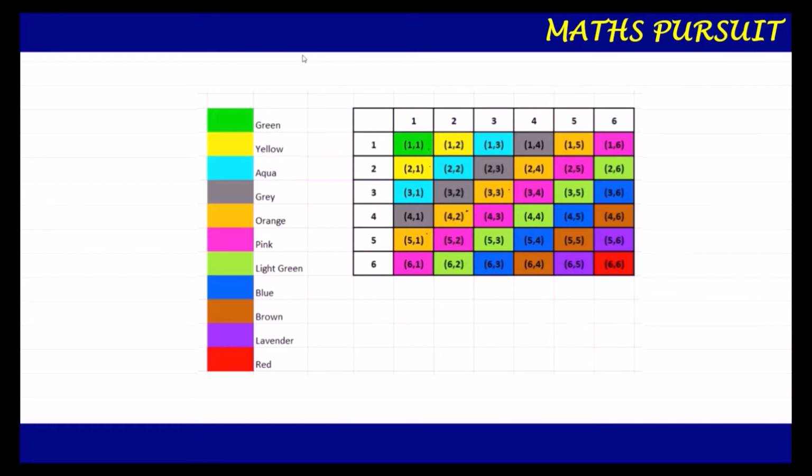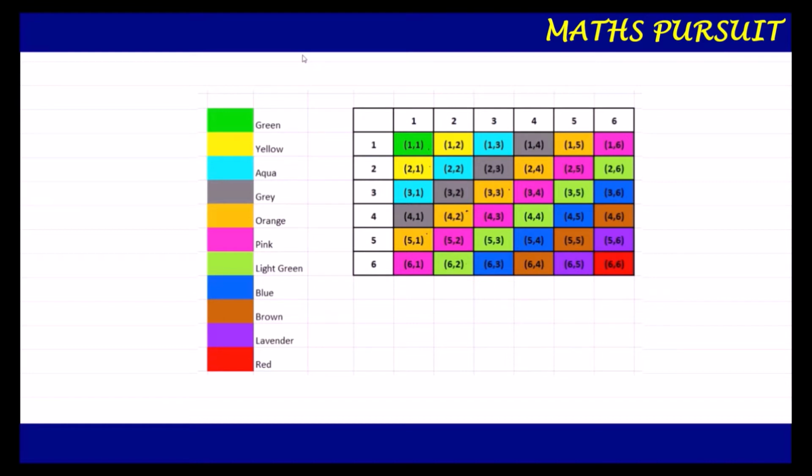For getting a sum of 11, there are 2 favorable outcomes. If you look at the color lavender, similarly, if you look at the color red, you will see that there is only one favorable outcome for getting a sum of 12. I believe till here we are very clear and you would have understood how we are getting these sums. And if you count all these colored squares, you will see that the total number of outcomes is 36.